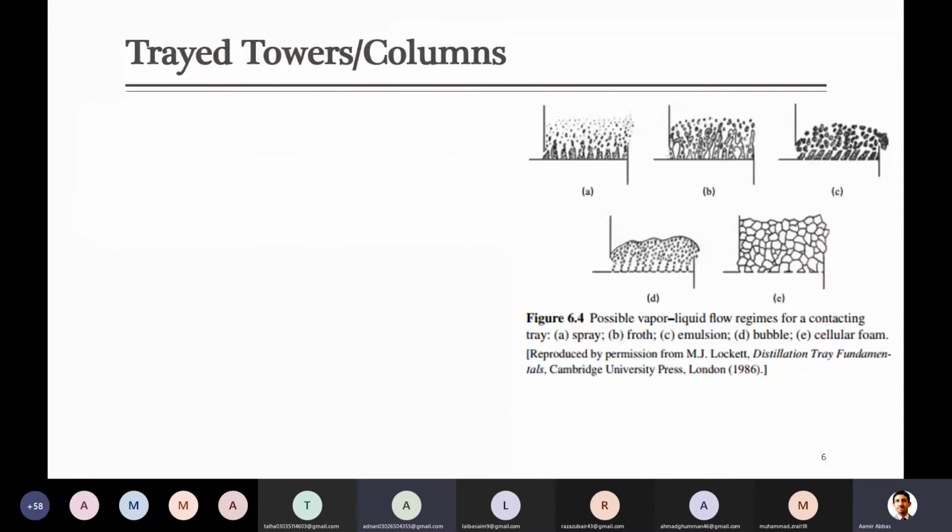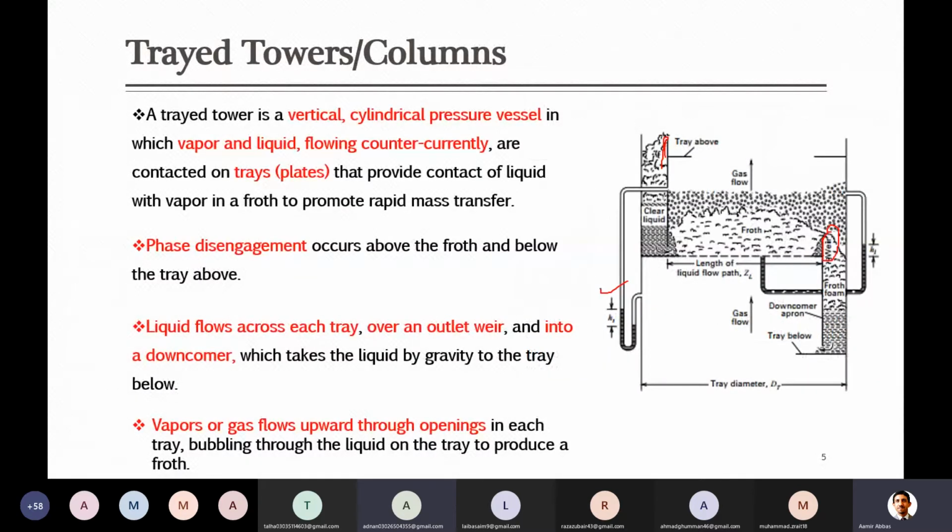Excuse me, sir. Yes. Sir, what is the purpose of downcomer? If we do not install it, then what will be going on? So what do you think? From where should liquid come down? There should be some path for the liquid to come to the downward plate. Okay, so here this is the path for liquid. For example, we just say that we don't have this path, so liquid has to move towards the down plate. So what can be the other possible paths? Any option?